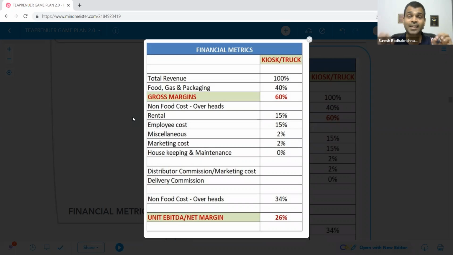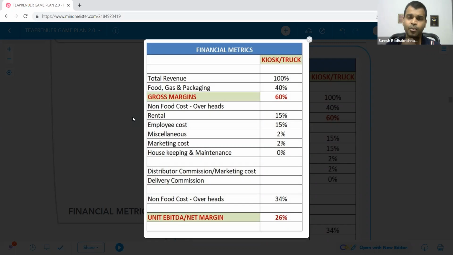This is an example of how, even though the sale is good, he's making a loss. He's not making money, and that's the reason you have the sheet. Make sure that you don't go beyond these values. I told you, let's assume that your projected revenue is 3 lakh. How much percentage do you need to allocate for food cost, food, gas, and packaging? Food cost means the cost of ingredients that are required to prepare your food.